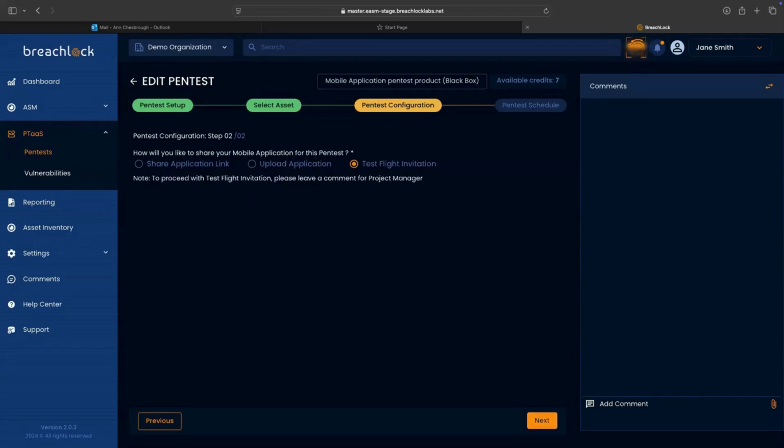Since this is a mobile app pen test, under configuration, it will also ask whether the user would like to share or upload a link to the application or send a test flight invitation. In this case, we will select invitation. A note will appear below stating to proceed with the test flight invitation, the user should leave a comment for the project manager, and we will cover that shortly. Here we'll hit the next button,